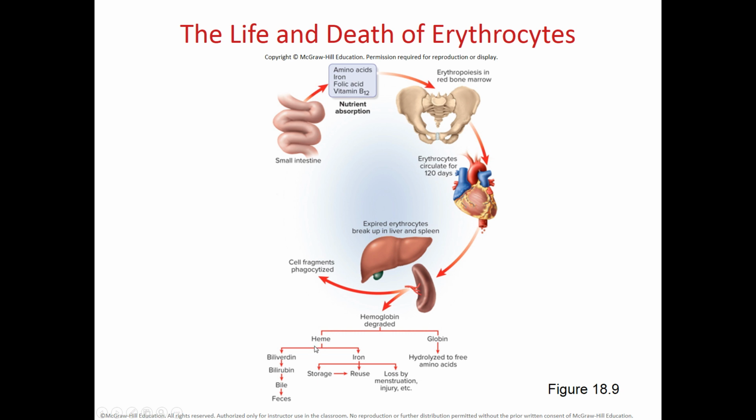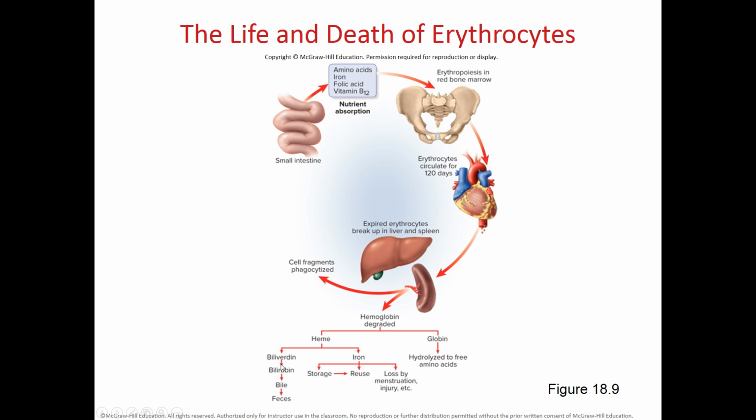The heme group will have iron, and the iron will be taken up from the heme and stored within the liver, and then later on will be reused to make more red blood cells, or the iron will be lost in menstruation or injury. The heme without the iron is going to be converted first into this green pigment, biliverdin, and then this green pigment is going to be converted or oxidized into this yellow